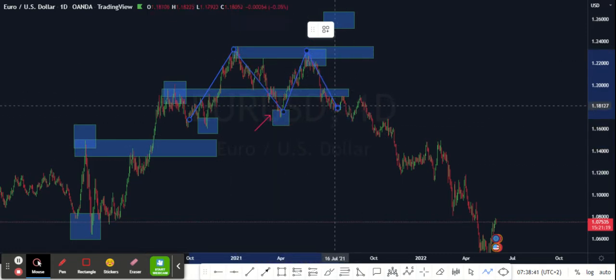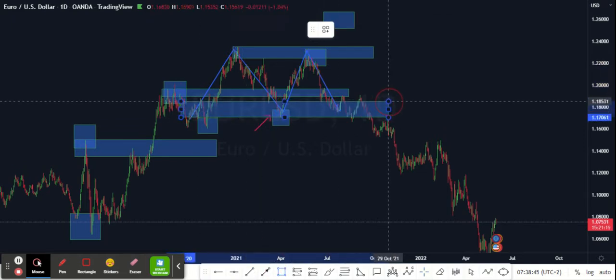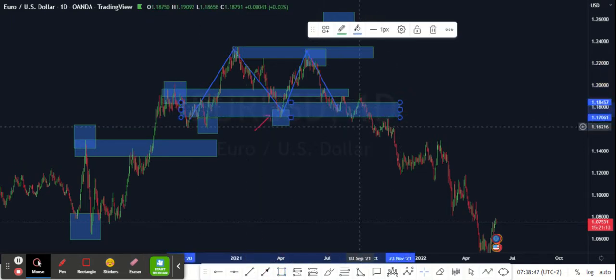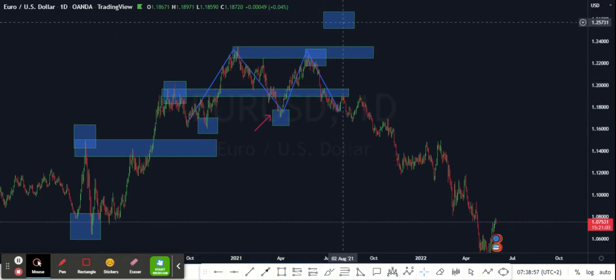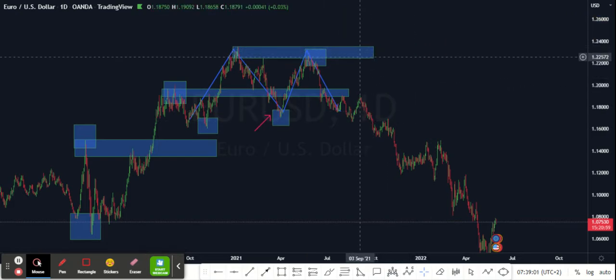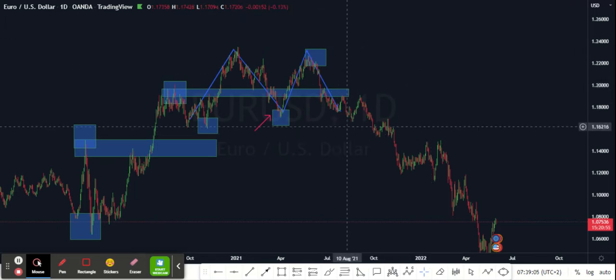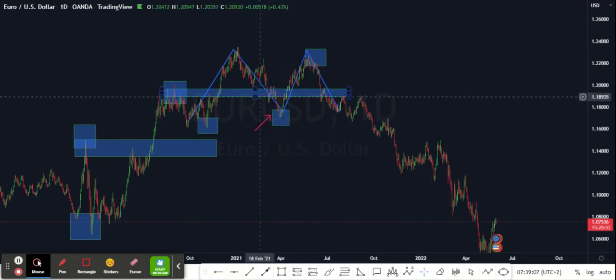And then here will be your neckline. So once the market breaks this, then you know that it will be continuing to the downside. So that's how easy it is with a double top pattern formation. So now it's easier for you to trade, because now you saw that we've broken this,